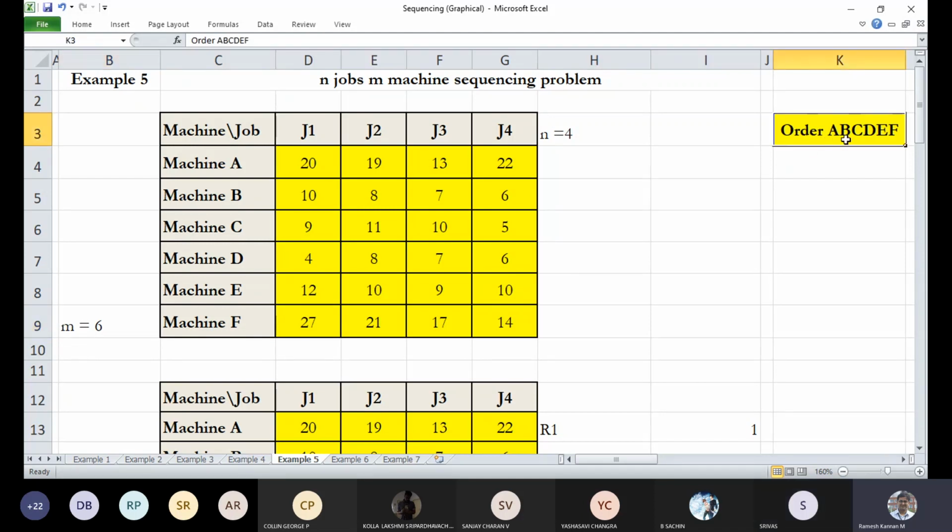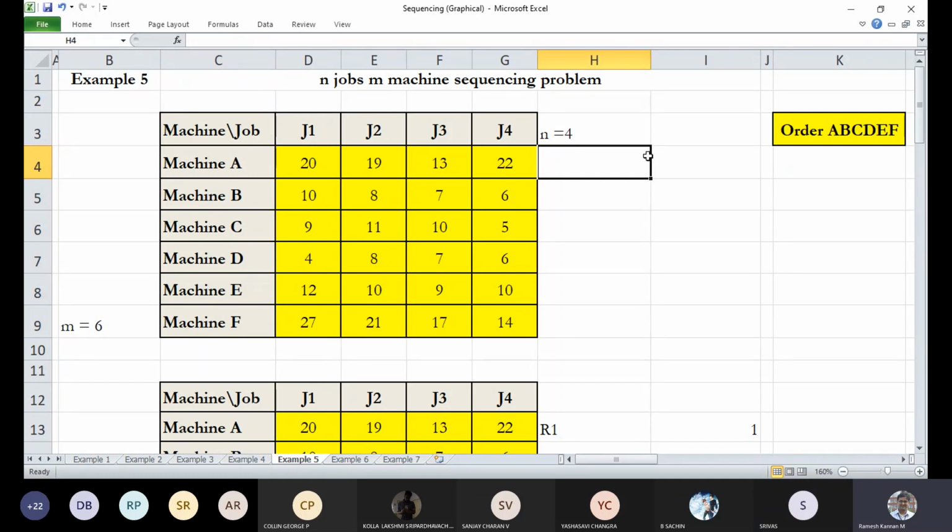We have got the order A, B, C, D, E, F, which is not a reversal or a change in the order, because we want to first do it in the normal procedure. Then we can look into the reversal order or differential orders, so that we can achieve the best optimal allocation or sequence.